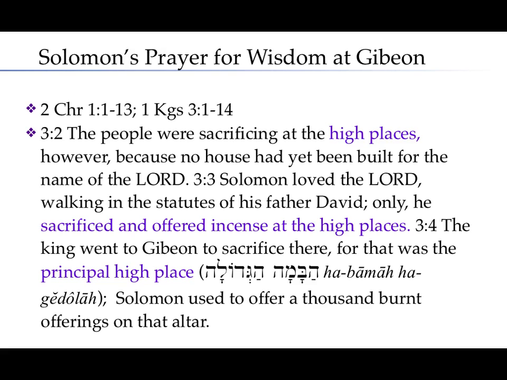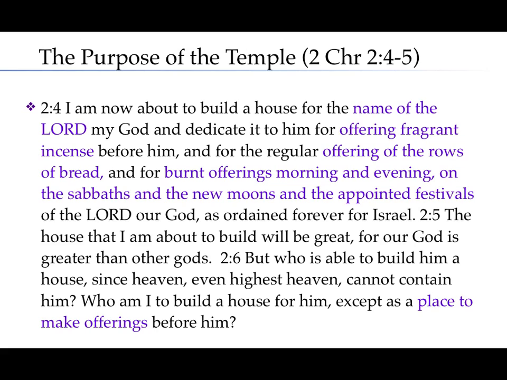Did they have the tabernacle at that time? It's not clear. They were keeping the Ark of the Covenant in a private house near Gibeon. It's not exactly at Gibeon, but it's nearby. It's another hill, a couple hills over. But the tabernacle is made out of what? It's made out of cloth, and it's almost 250 years old by now. What type of shape would it be in? It's wearing out. It's not going to be working well. So Solomon is offering sacrifices at this high place, and in this